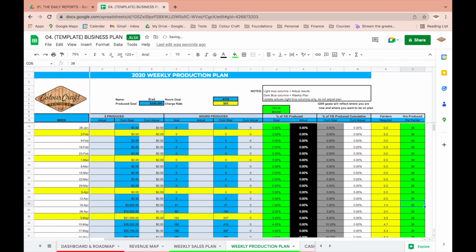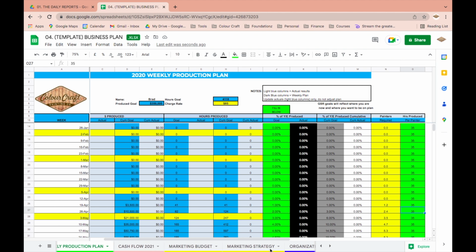It'll adjust if I change this to 30 hours or change it to 50 hours a week, right? Then I only need 0.8 of a painter. So, a part-time painter who's really productive. But you can fiddle around with all these different variables. But again, it all comes down to being really realistic with everything.